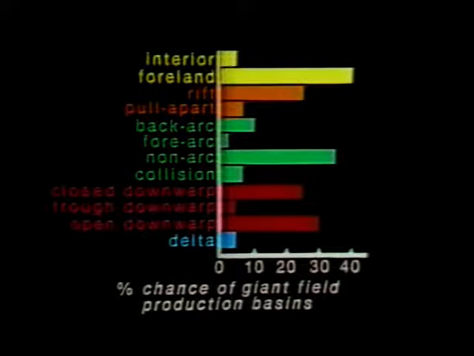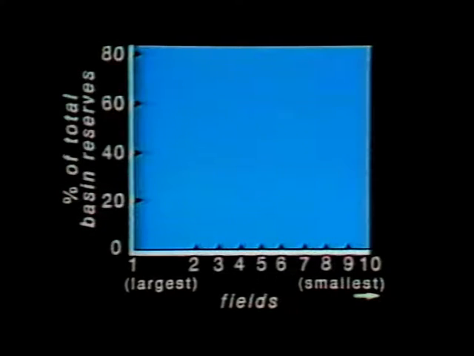This histogram is based on the historical record of finding giant fields. As you can see, there is a high chance of finding giant petroleum fields in foreland, rift, non-arc, and closing and opening downwarp basins. Deltas generally contain very few giant fields, and they are almost unknown from interior and fore-arc basin types. Let's now look at how the petroleum fields within a basin are distributed by size, ranking them from